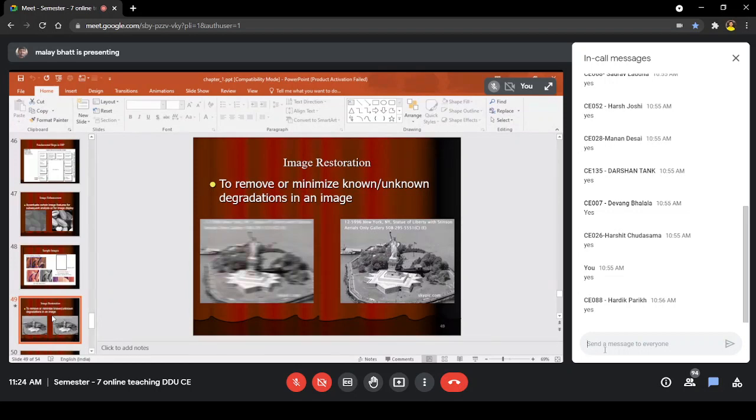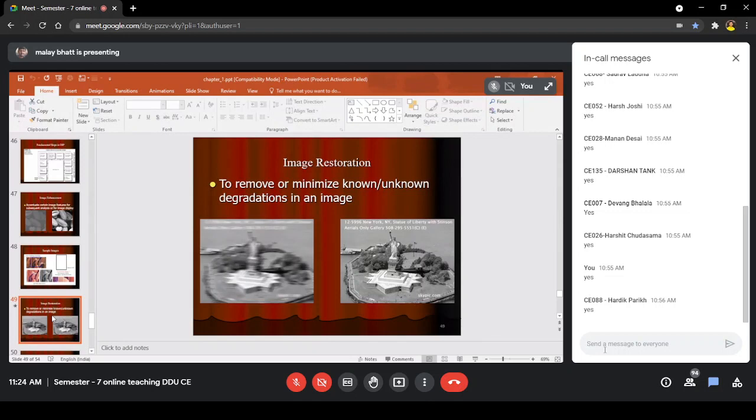That is known as image restoration. Here the effect is blurring, right? The original image is a blurred image, and through image deblurring, we identify the degradation parameter and can do the restoration. It is defined as removing or minimizing known or unknown degradation in an image.